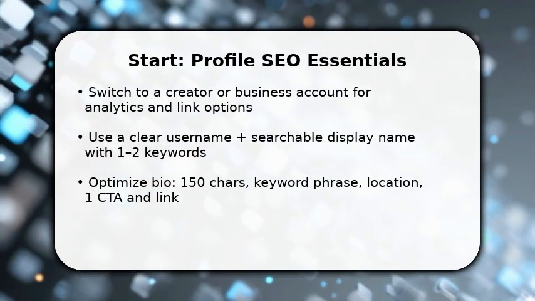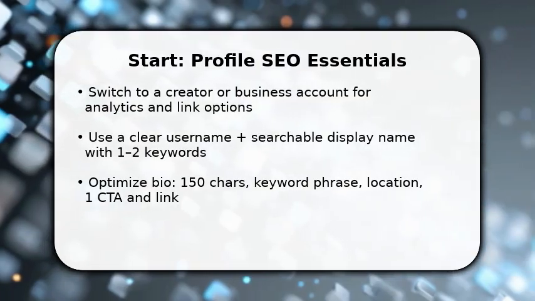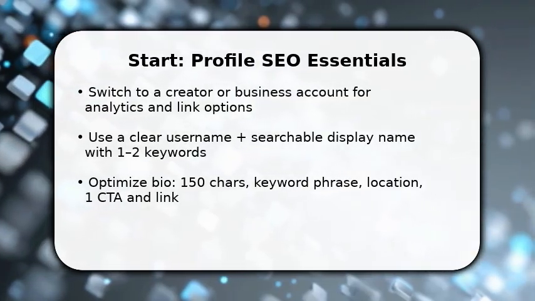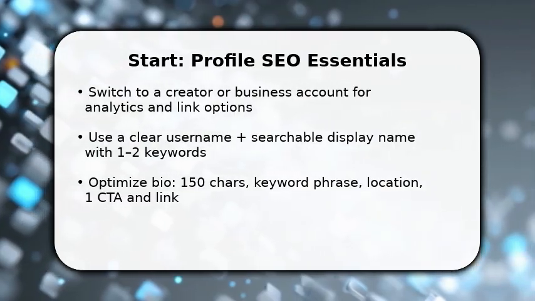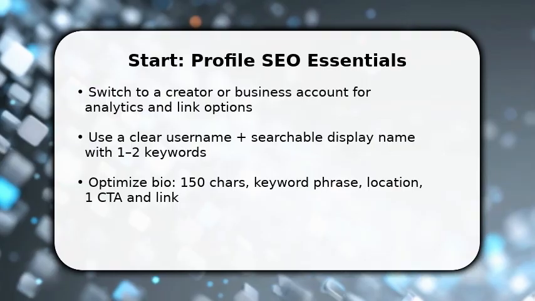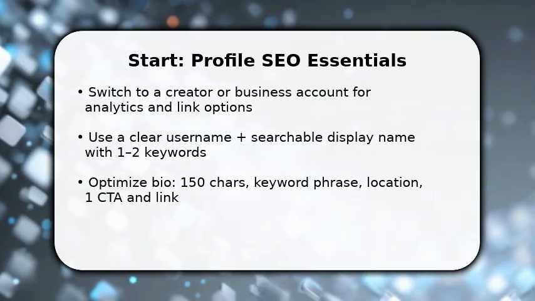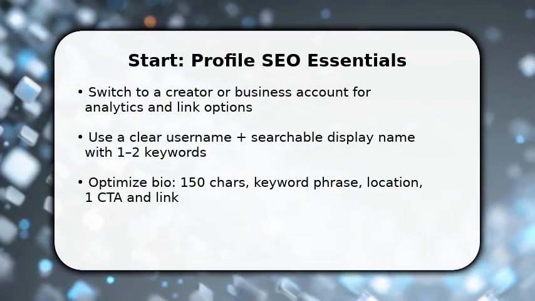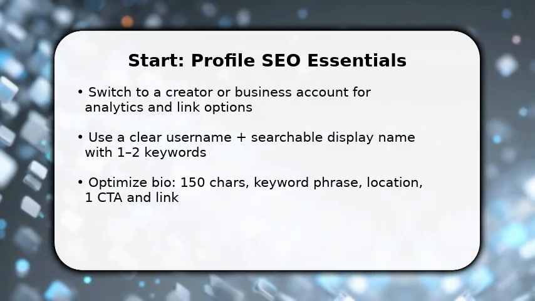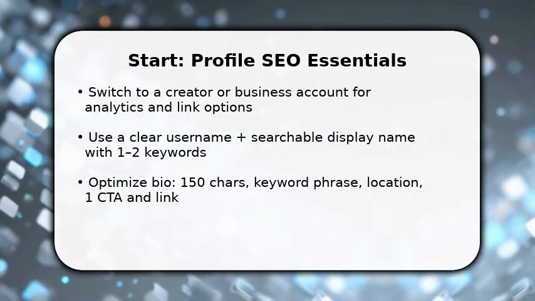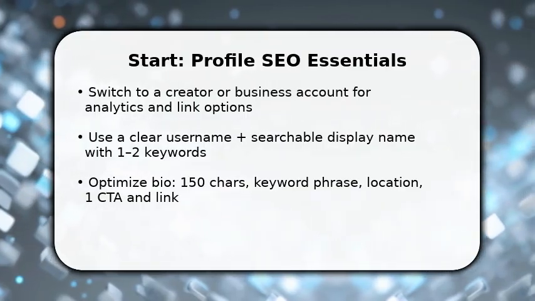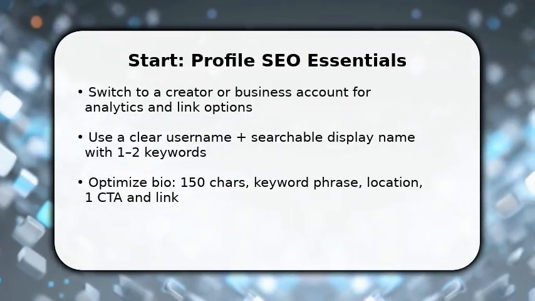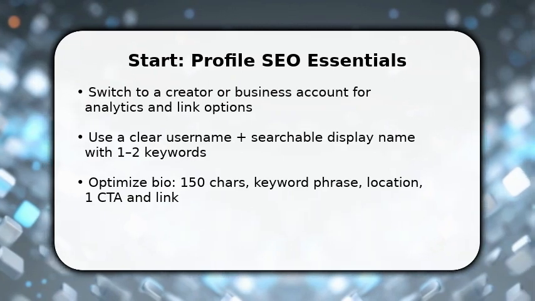You need a search-ready profile now. Switch to a creator or business account so you can access insights and link features. Once done, choose a username and display name that include your primary keyword so Instagram can surface you. Make the bio concise. Place the keyword phrase early, state location if relevant, and add one clear call to action with a link. Do this immediately so every future post and story builds on an optimized foundation that search will